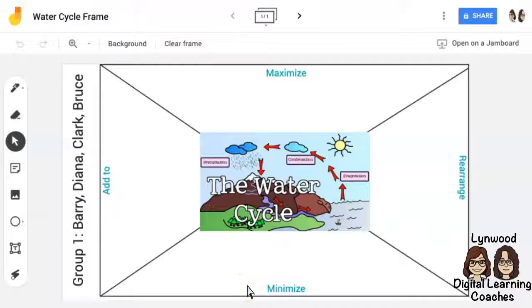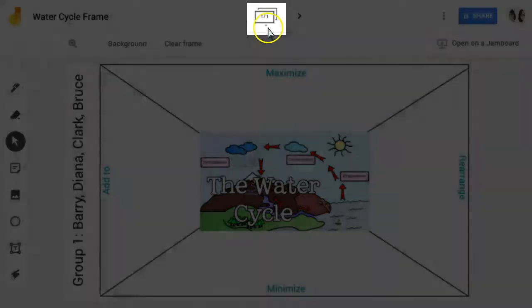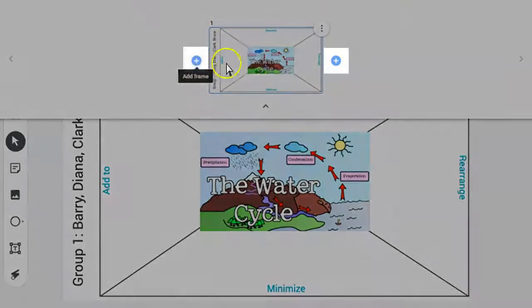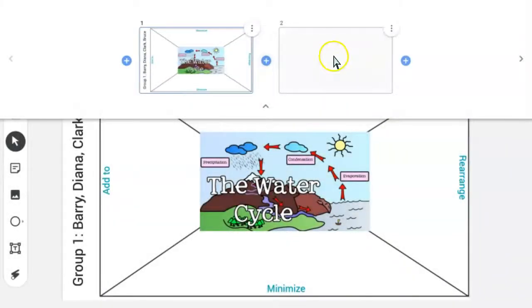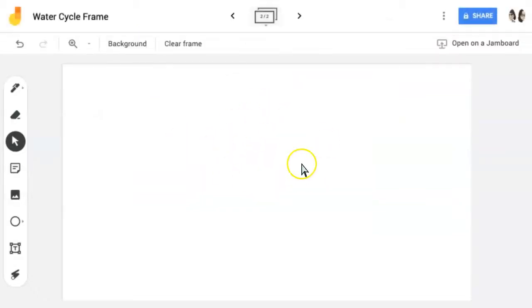You can have up to 20 frames in a jam. To see your frames or to add more frames, come to the top and click that arrow. As you can see, I currently only have one frame. If I wish to add a frame, I can click one of these two pluses. I can then click on that frame, click on the arrow to collapse this bar, and begin adding to this